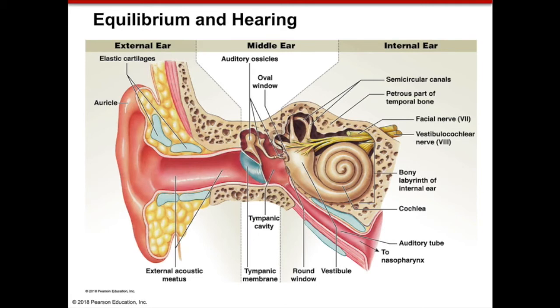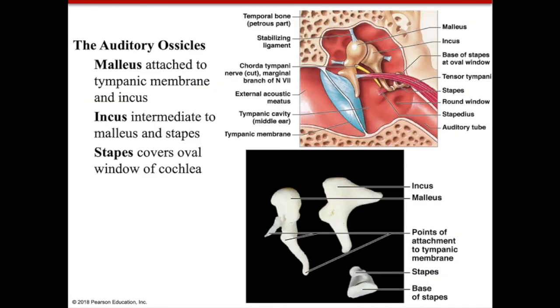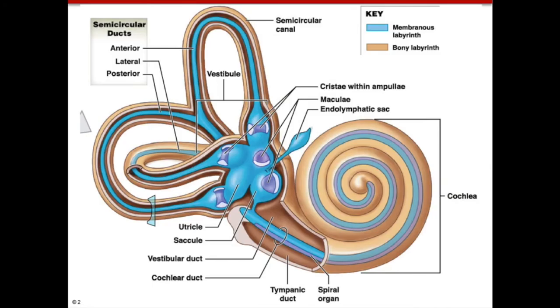This vibration is transmitted through these three ossicles in this order: malleus, incus, stapes. Stapes projects onto the oval window of the cochlea, and in the cochlea we have the membranous labyrinth inside of